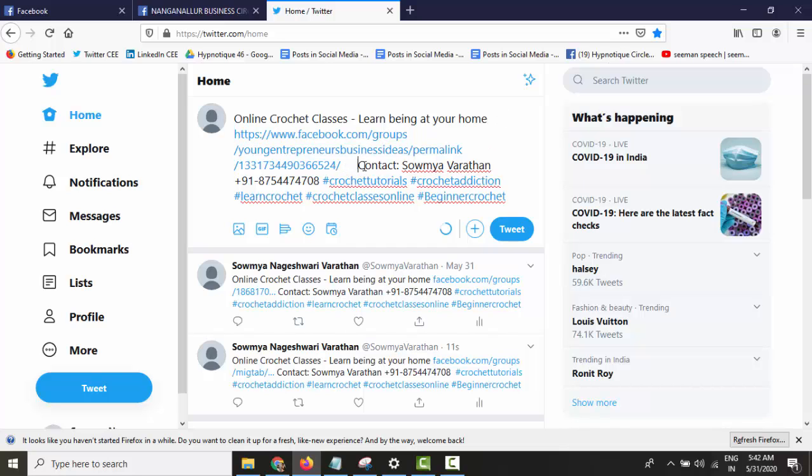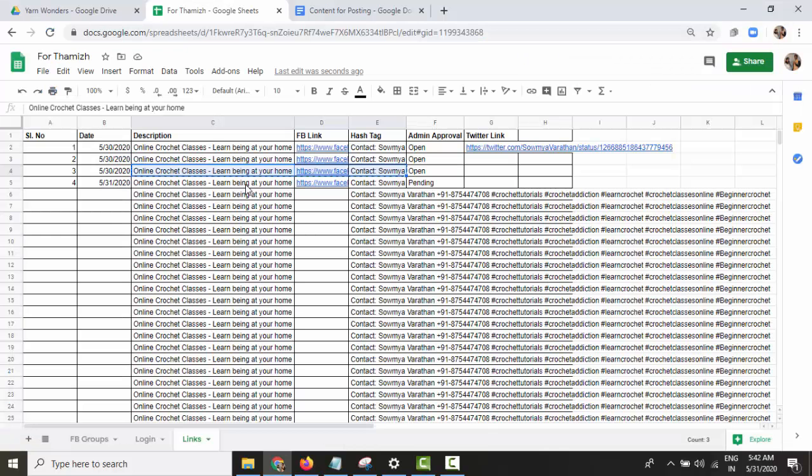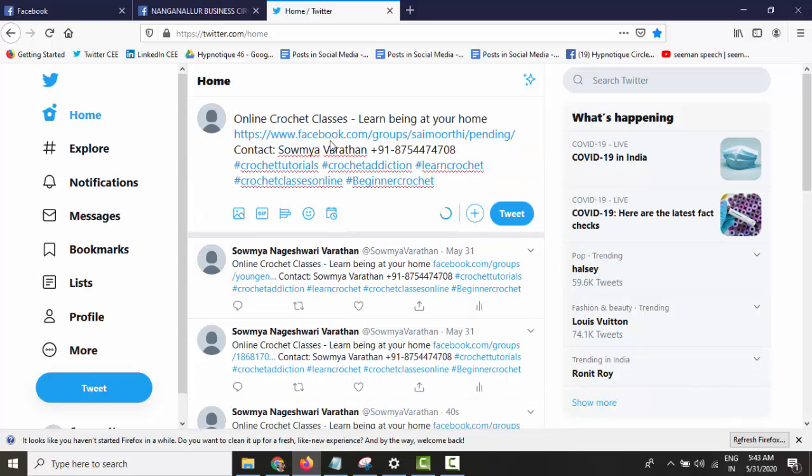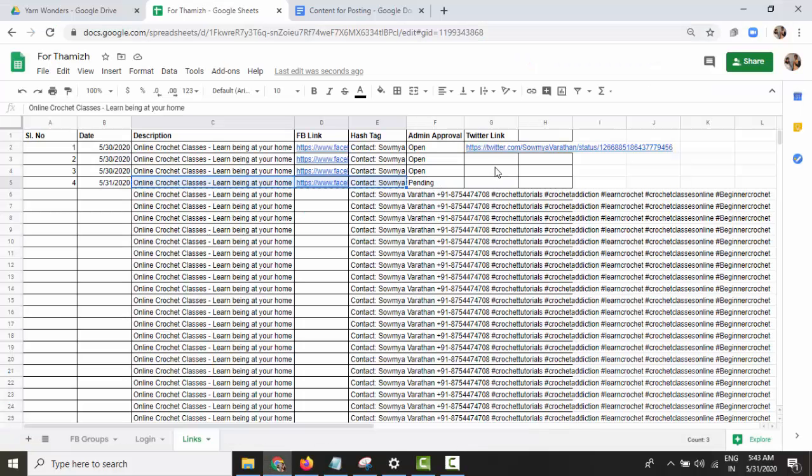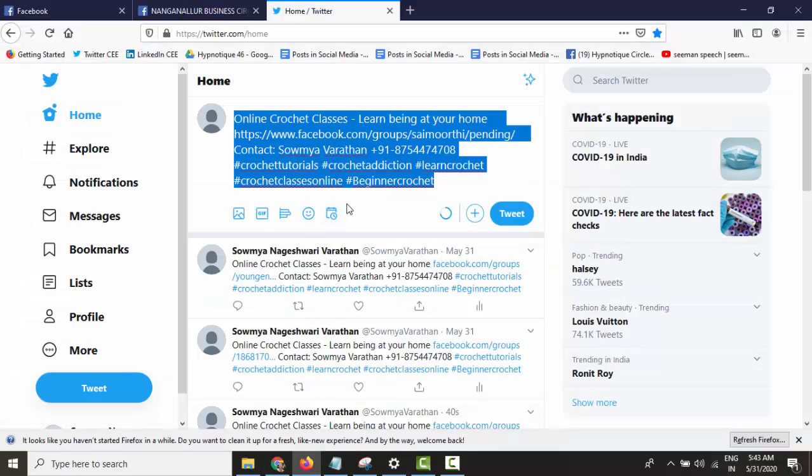Space after the description, space after the link. Next, this one I cannot post because it shows the pending status. Yes, the fourth one, let me show you. This one you need not post since it's showing a pending post, because it will not open the thumbnail. So you can ignore this for now. What you will do here is, these two will be updating the Twitter. This will not be updated. Tomorrow when you log in, you will check this post, and if it has been done, you will add it to Twitter and also add the link. I hope I am clear with this.